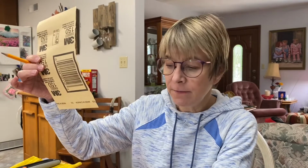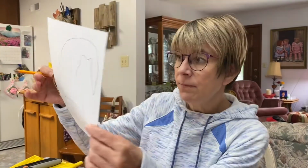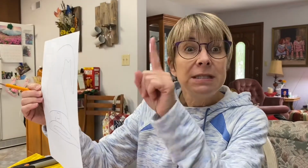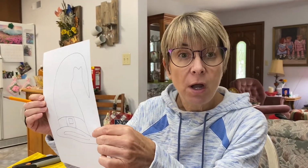So one way you can do it is take and look at it and just freehand sketch that. You can also take your sandpaper and tape it to the wall in the foyer in the theater over your artwork. So they would be layered like this. Tape it to the window. You'll be able to see the picture that you drew on your white paper, and then you can trace it